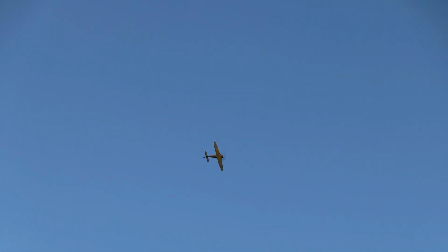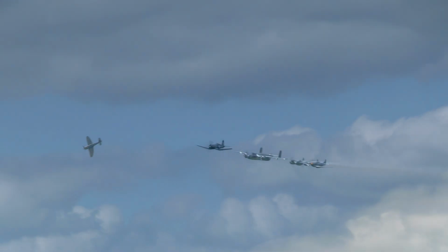Paul demonstrating in a derry turn there how fabulous the ailerons on this aircraft are. Most aircraft have conventional ailerons where you're